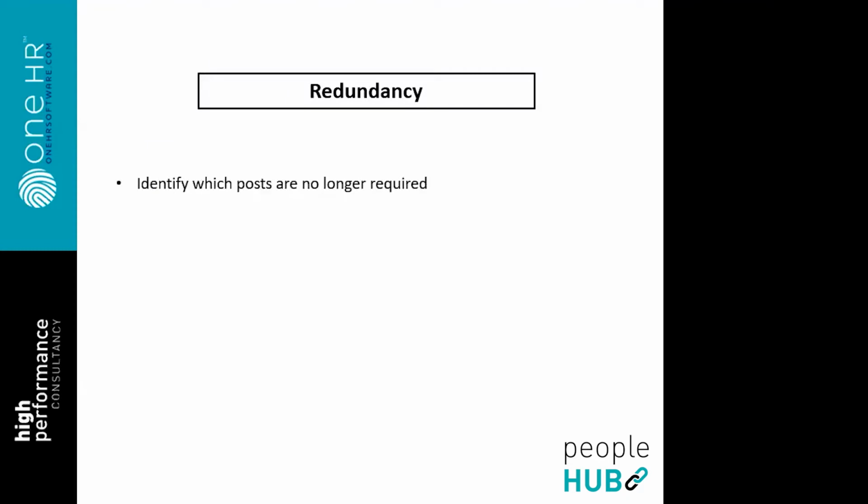So obviously at this point, it's really important that you firstly identify which posts are no longer required. And is there one or more of those posts? If there is more than one, you need to be mindful that everybody with that same post will need to go in the pool. So you can't just decide that you're going to make Sandra in accounts redundant if she's got the same role as a peer. You need to make sure that both of them would be put at risk, and then you'll go through a selection criteria, which we'll go on to talk about.